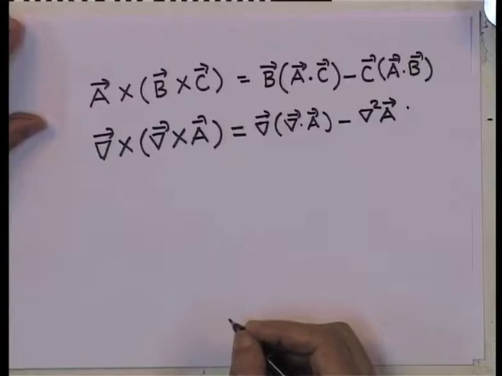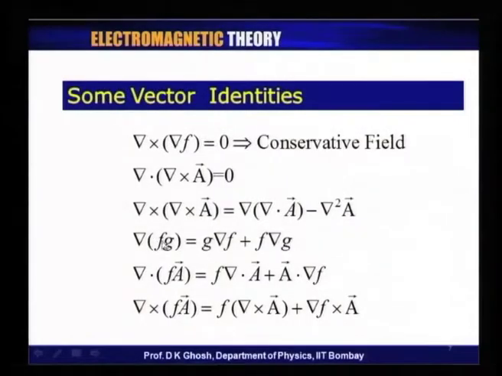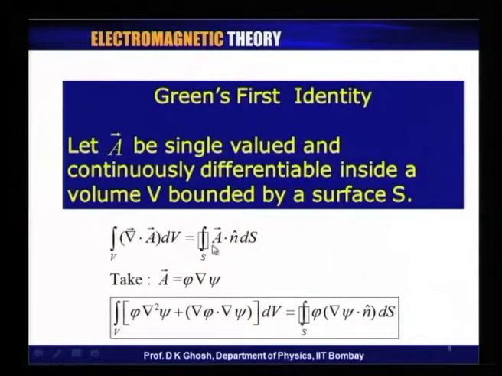The next equation that I have written down is what is gradient of f g. Now, this is like a chain rule. It is f times gradient of g plus g times gradient of f. What is divergence of a scalar times a vector function? Very interesting. So, it also works like a chain rule: you have scalar times divergence of the vector function, plus the dot product of this vector with the gradient of the scalar function. So, these are some of the identities which you will have to work out, and we will be probably using them as we go along.